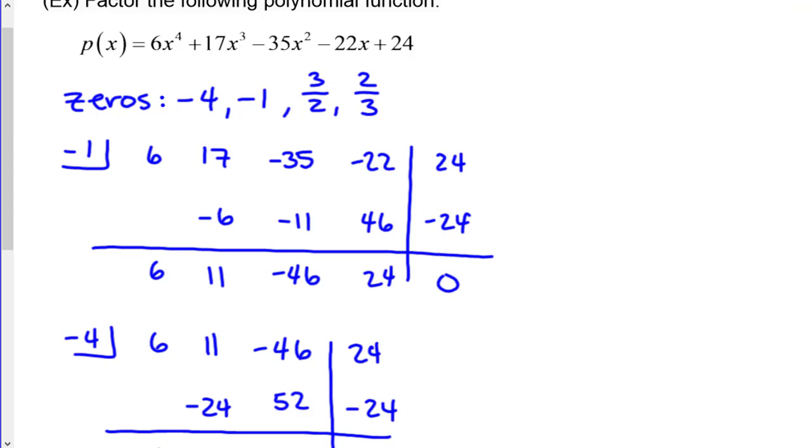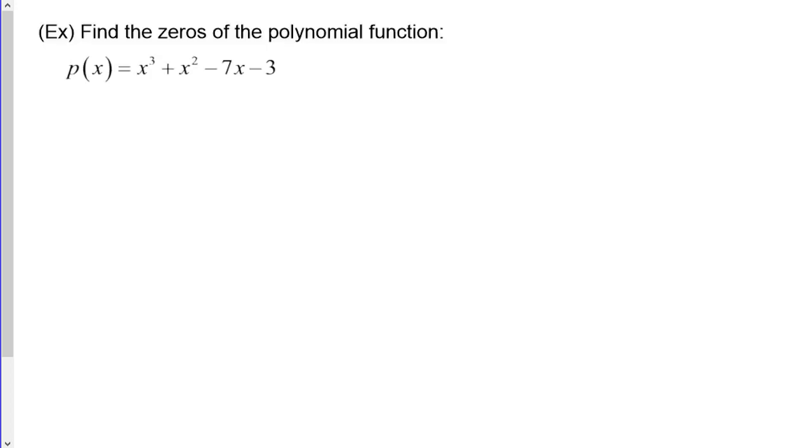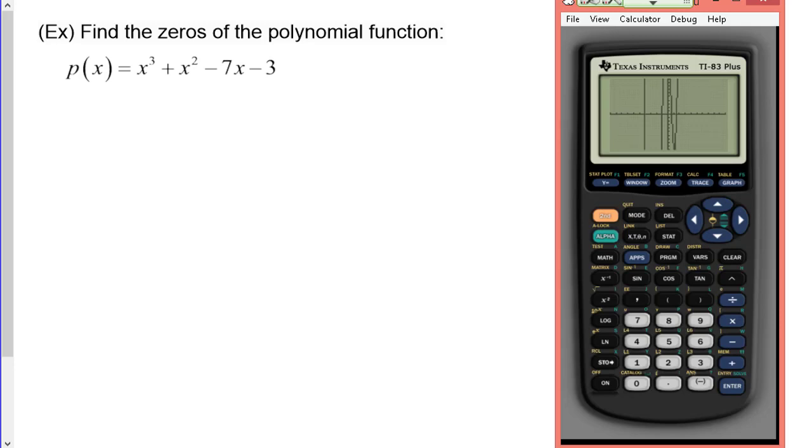Okay, another example here. Let's find the zeros of the polynomial function x cubed plus x squared minus 7x minus 3. All right, so again, we start off by finding initial zeros. So let's see what we can do with the calculator. X cubed plus x squared minus 7x minus 3. If I graph that,